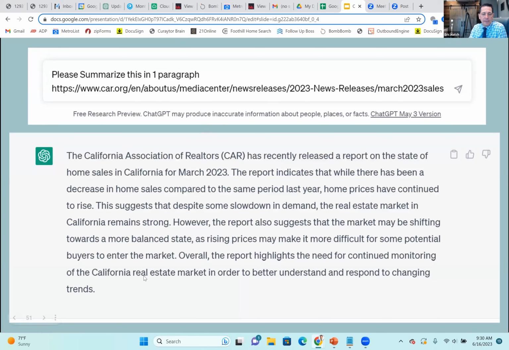And now all of a sudden it just gave me one paragraph of what that article said. If you want to read a super long book or something, just summarize it. Sometimes if I do one paragraph, I'll go, it's not enough. Then I'll go 2 paragraphs. How about 3 paragraphs? And keep asking ChatGPT, and it will expand that a little bit better.